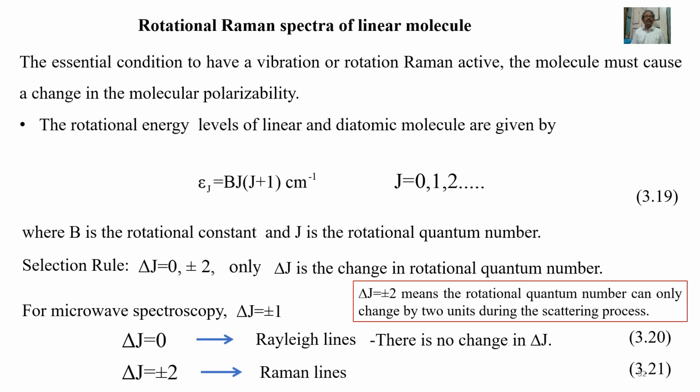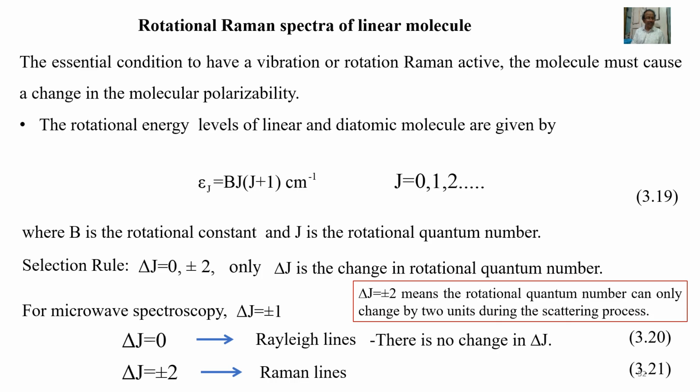Let us discuss rotational Raman spectra of linear and symmetric top molecules. In rotational Raman spectroscopy, a key difference between a linear molecule and a symmetric top molecule lies in the selection rules for rotational transitions, in which the linear molecules exhibit a selection rule of del J equals plus or minus 2, meaning the rotational quantum number J can only change by 2 units during a Raman scattering event,